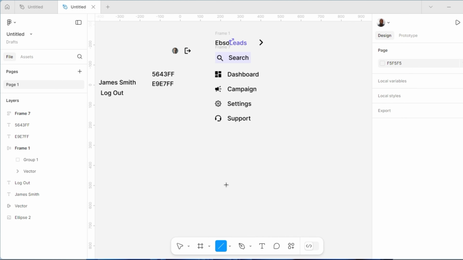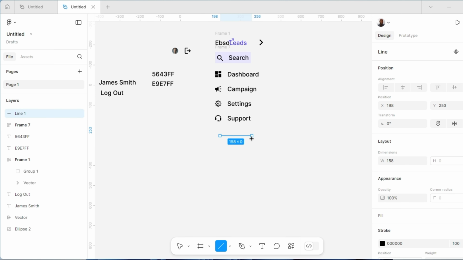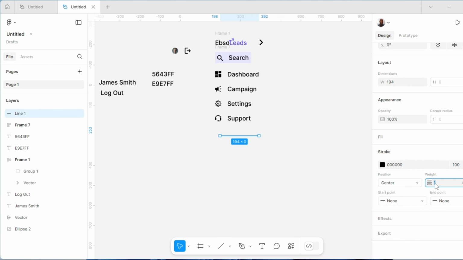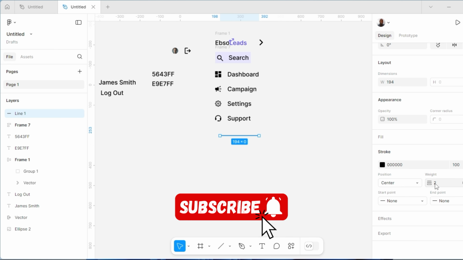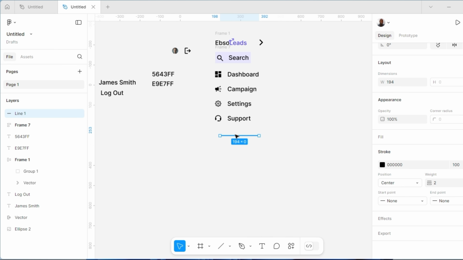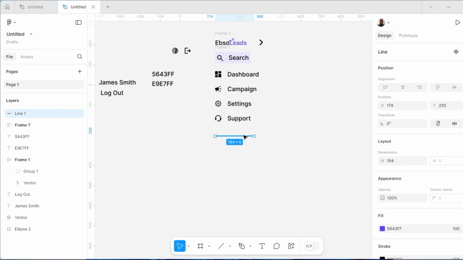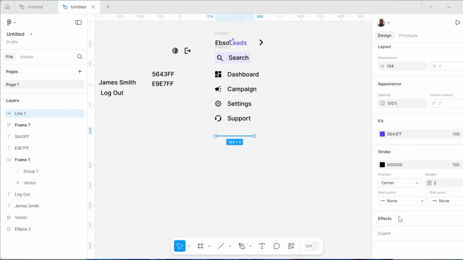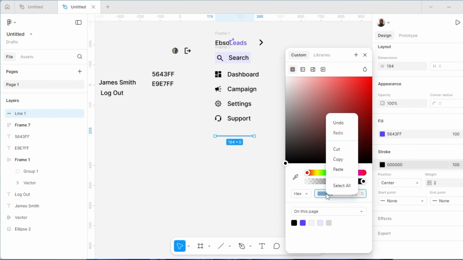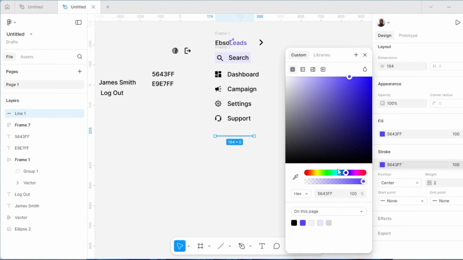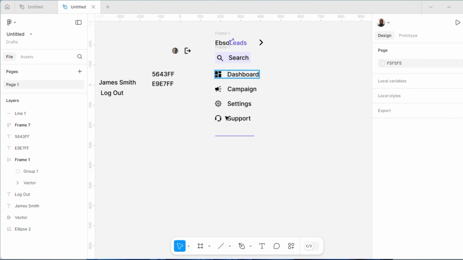So I'm going to pick this line tool and draw a horizontal line like this. I'm going to come to this section and increase the width to 2 so that it can be a little bit thicker. Then I'm going to copy this color code at the top. So I'll select this line, then I'll come to stroke. Under stroke, I'll change the stroke to this color code. Then paste this color code and press enter on your keyboard so that it can demarcate this section